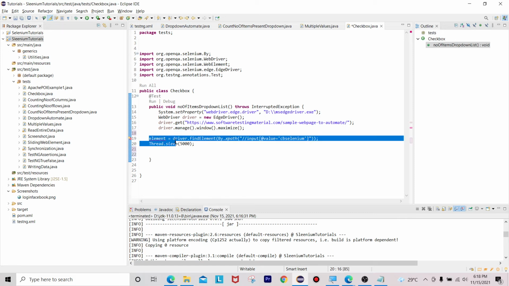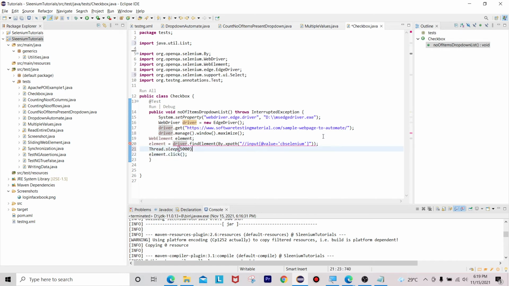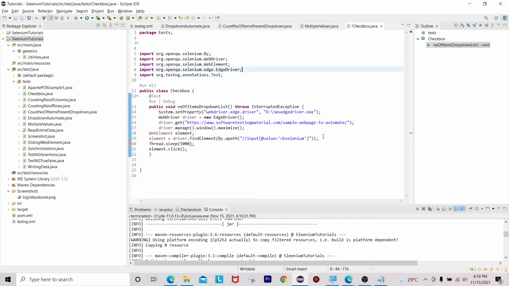Up to here I am going to take driver dot find element by dot xpath of this one. Okay, here up to this is fine.